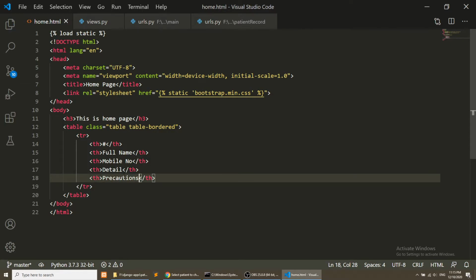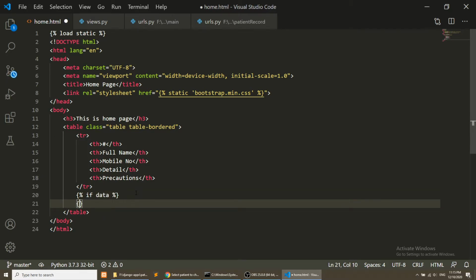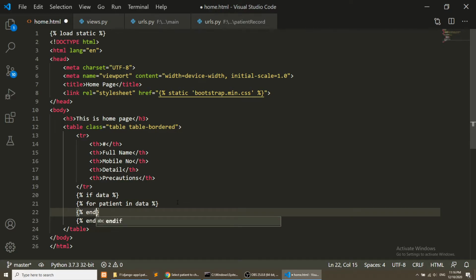Okay, so now what we will do here, we will run the loop. Before running the loop, we will check if data exists. So if data, and then for patient in data. So we are running the loop.